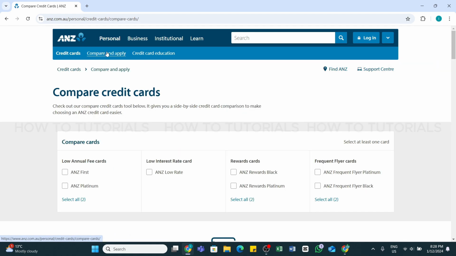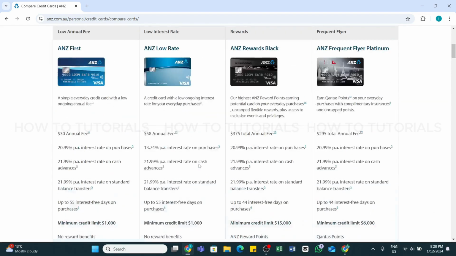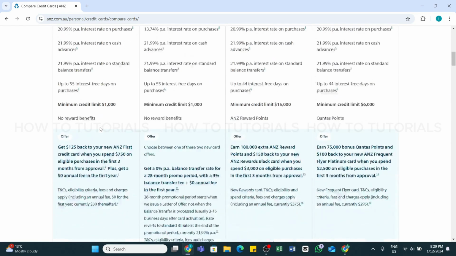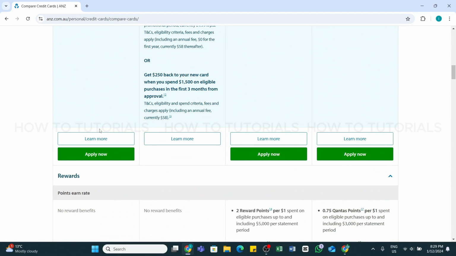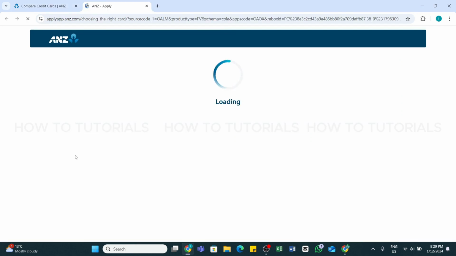Once you click on it, now here you can choose your preferred card. Once after selecting these features, you can scroll down and find the card that suits you. Once you get it, you will need to scroll a bit down and then at the bottom, you'll be able to see apply now. Click on this apply now for your chosen card